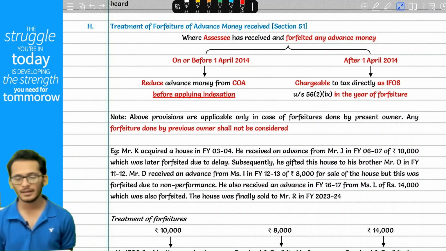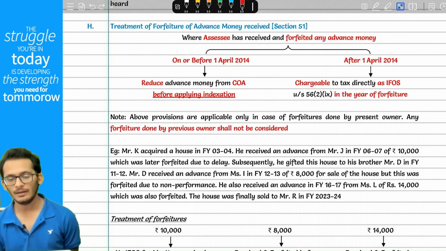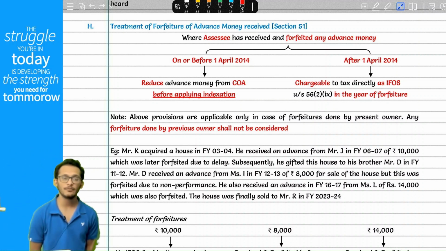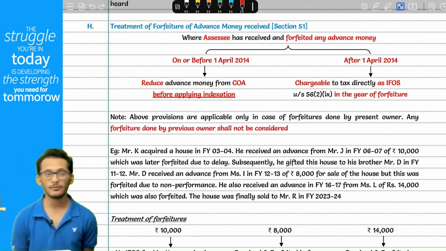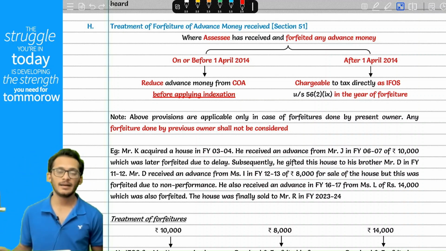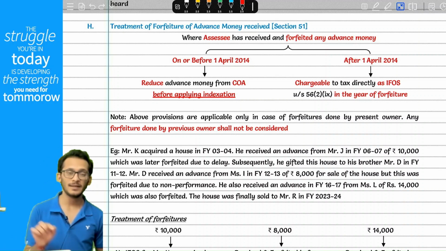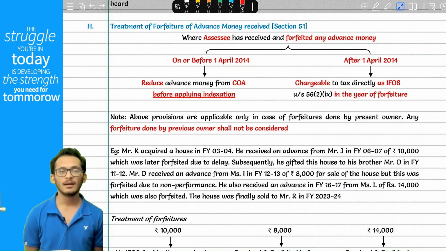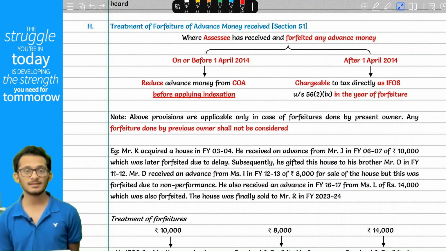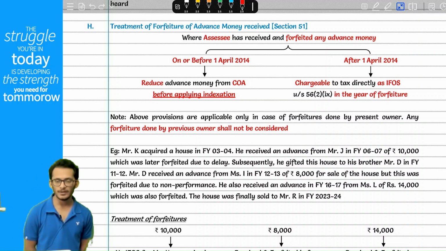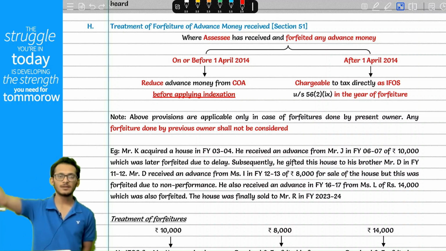tax it under IFOS. Now notice carefully, provisions come and say that if you are going to do any kind of forfeiture before 2014, the reduction of cost of acquisition can only happen by the current owner, which means if you have forfeited some money, and later on given this asset to someone else,